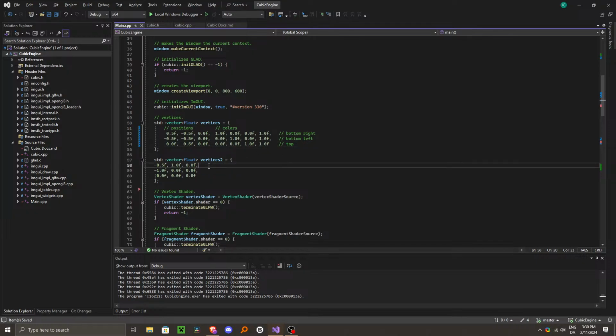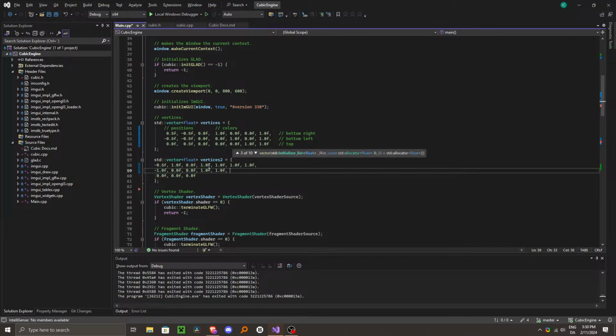Here we'll need colors too. So we'll just go like, I don't know, 1.0, 1.0, 1.0. We'll just make it white. The second triangle will just be white, 1.0, 1.0. So the second triangle will just be white. There we go. So again,